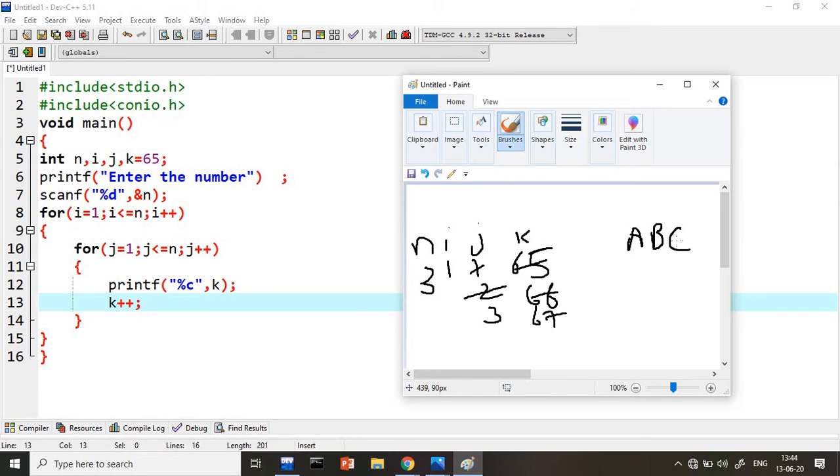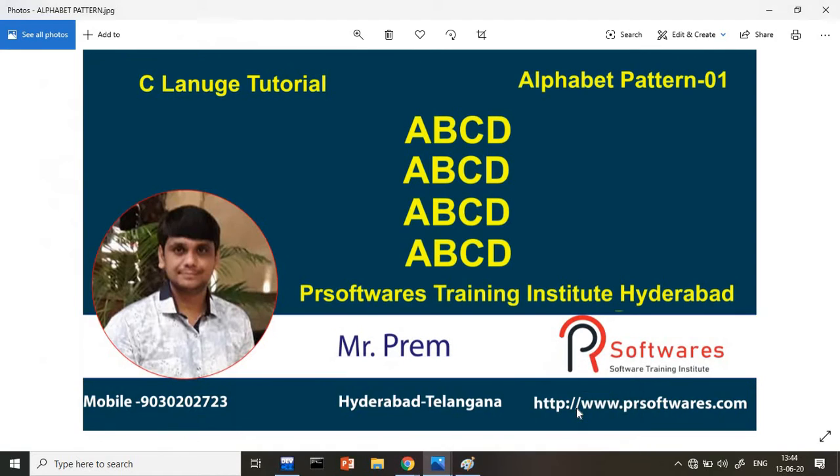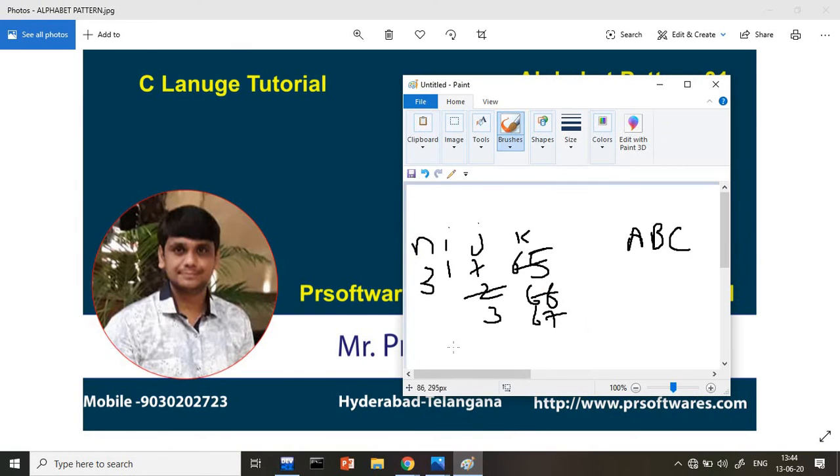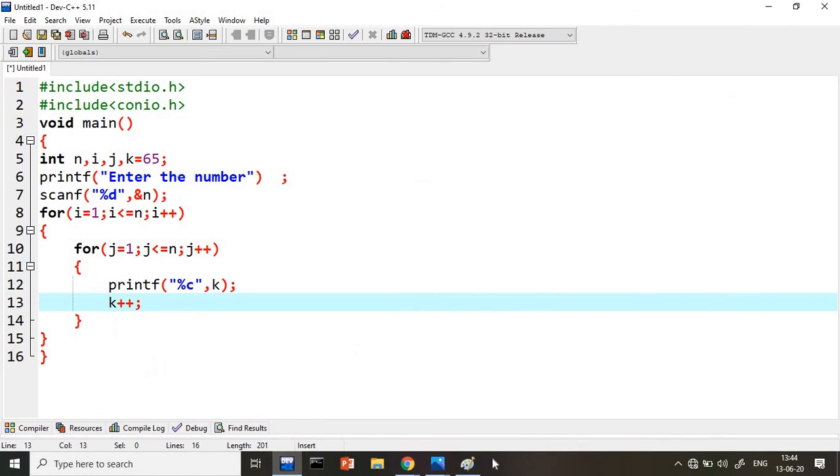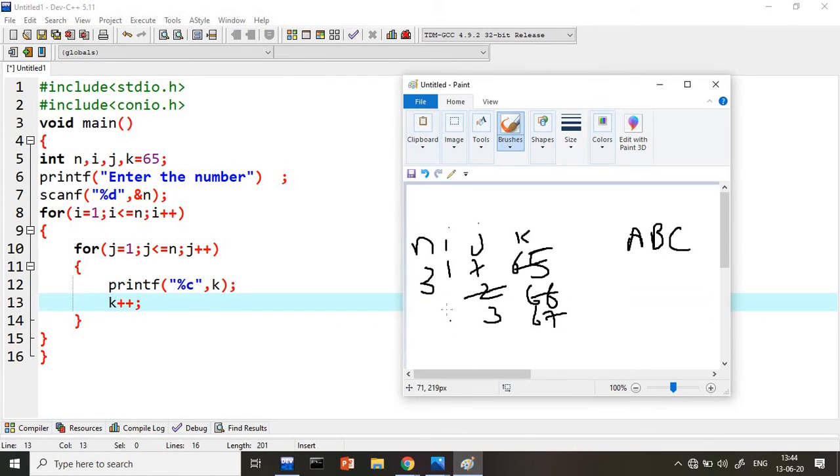But as per our logic, here we need the ABCD because n value I am considering 4. But here n value I consider 3. So we got it up to ABC. If you want 4 value, just what will happen guys? N value I will consider instead of 3 I will consider as 4. Nothing change. Only n value I am taking. So what will happen? One more time k plus plus k value will become 68. Nothing but instead of 3 it will execute 4 times. Anything will work, no problem.